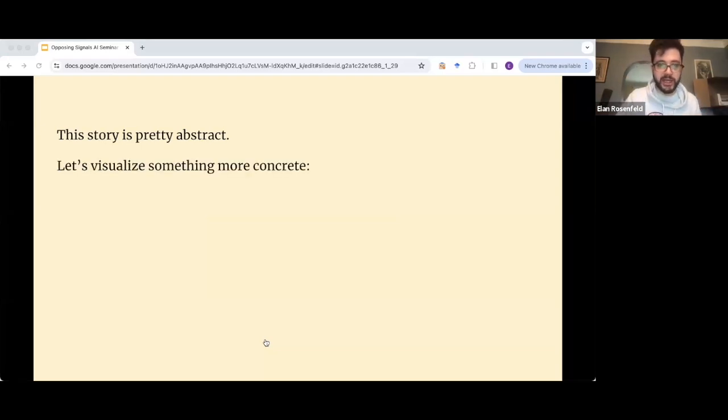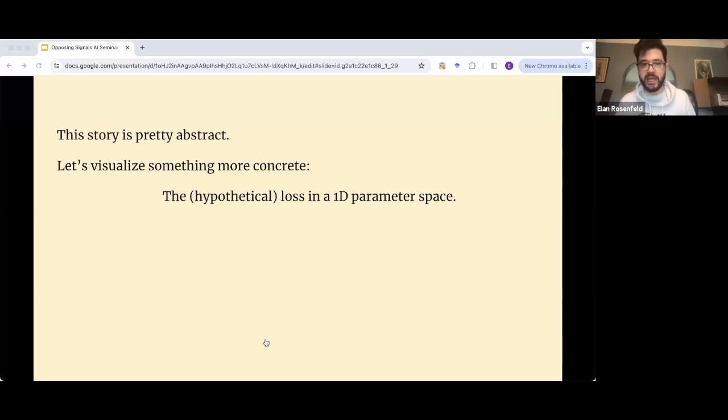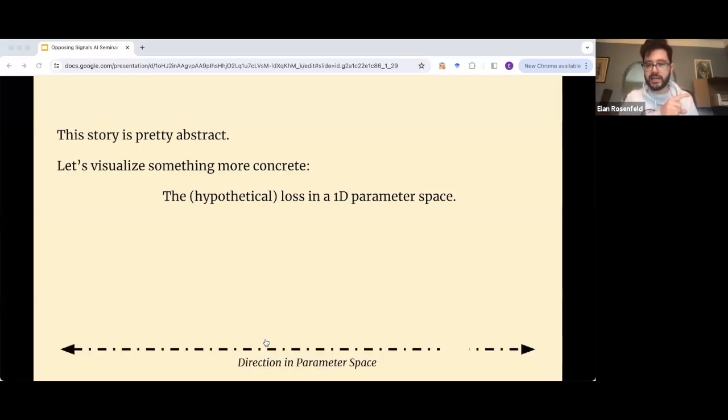to see why this is a meaningful description of what's happening. So instead, we're going to visualize this same process, but through a different lens, which is we're going to plot a 1D projection in parameter space. This is the loss function, as a function of the parameters of the network in 1D. And what this one dimension is going to represent is approximately, what do you predict when the sky feature is present?